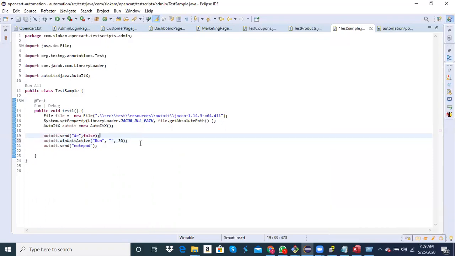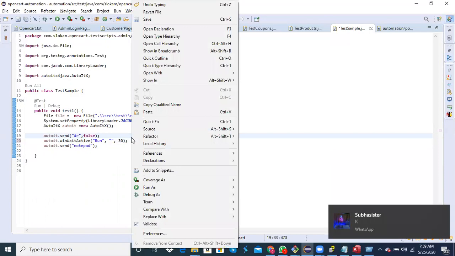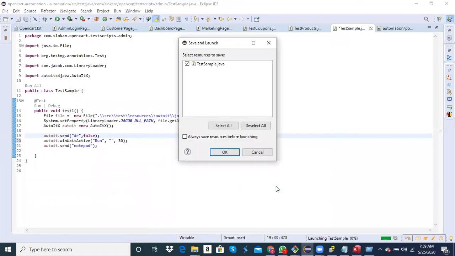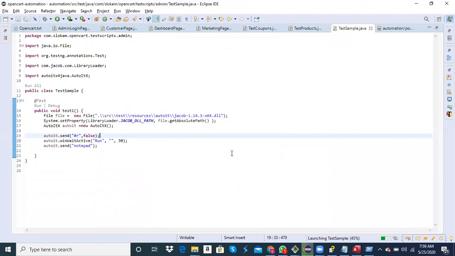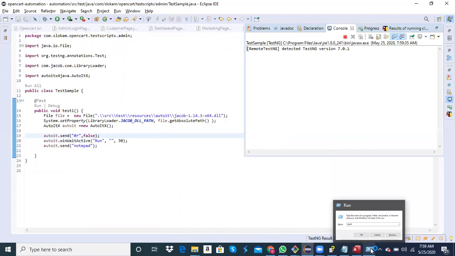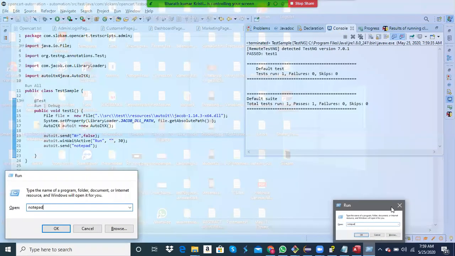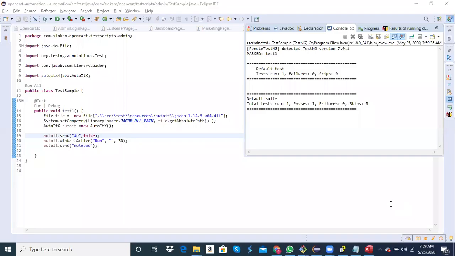Now right click, run as TestNG test. Okay, I should have closed it. Now it seems it's waiting, right?